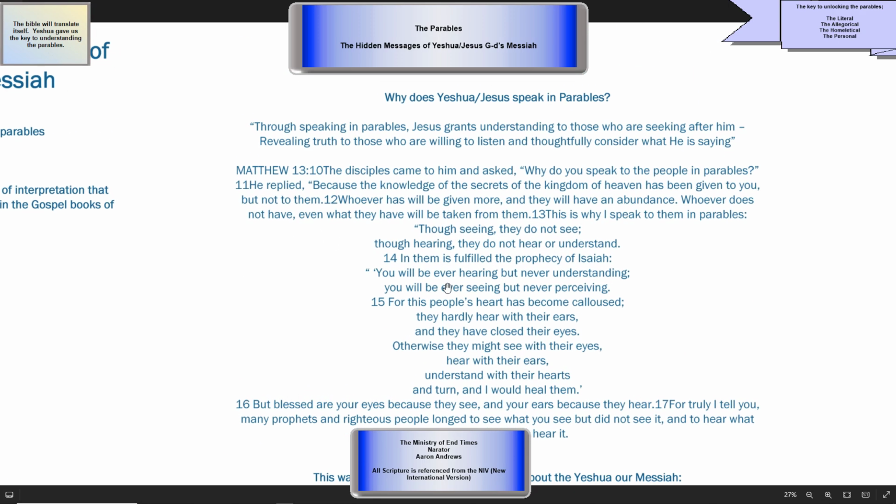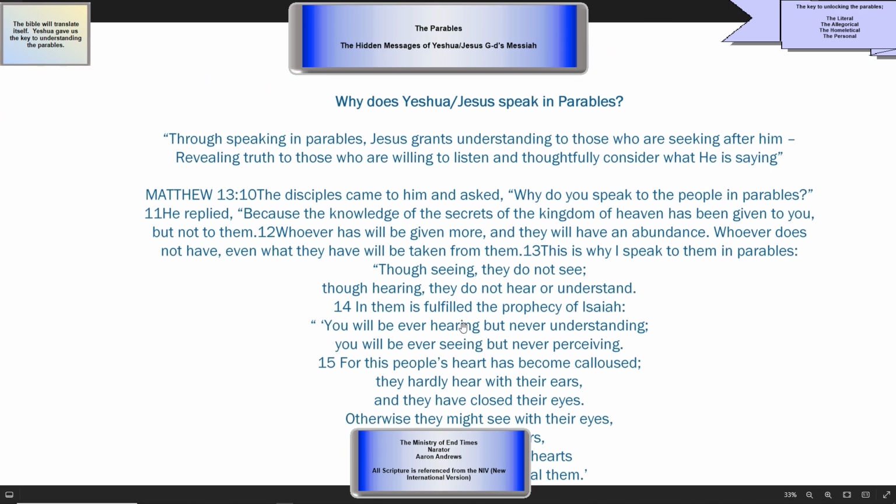So why did Jesus speak in parables? In Matthew 13 it's explained, but I found this quote interesting that says, "Through speaking in parables, Jesus grants understanding to those who are seeking after him, revealing truth to those who are willing to listen and thoughtfully consider what he is saying." In Matthew 13:10, the disciples came to him and asked, "Why do you speak to the people in parables?" He replied, "Because the knowledge of the secrets of the kingdom of heaven has been given to you,